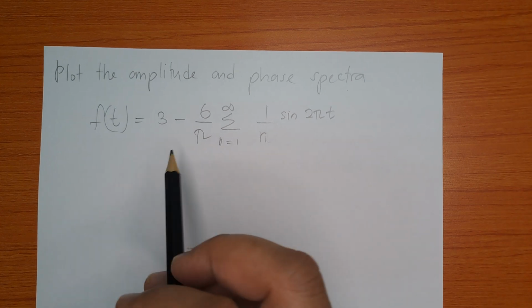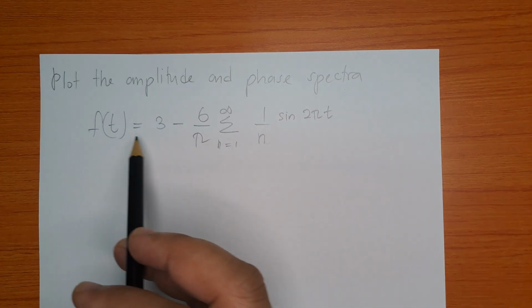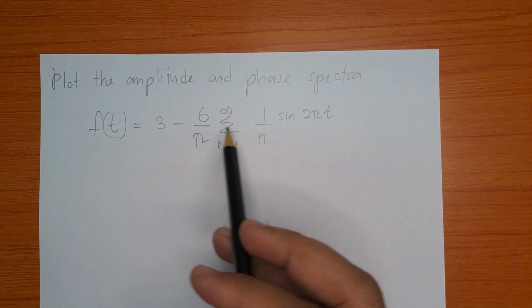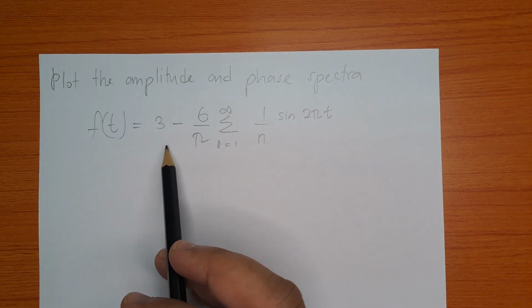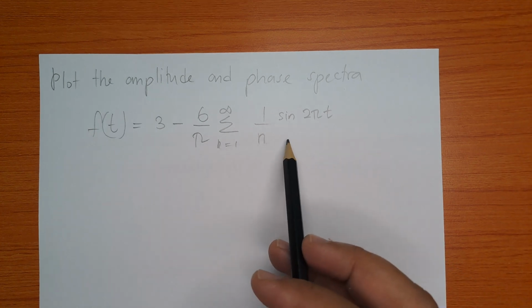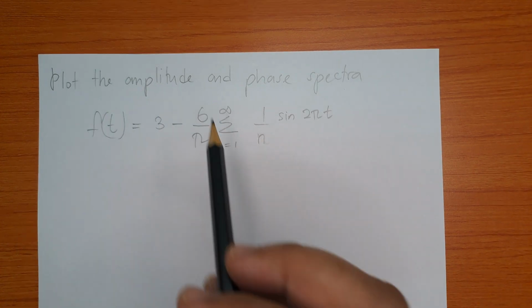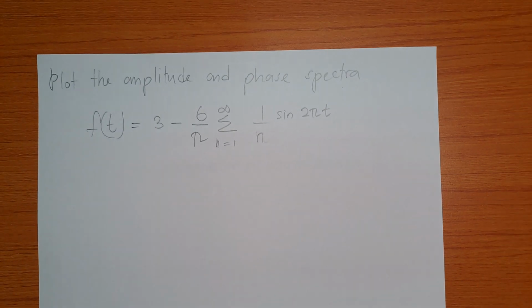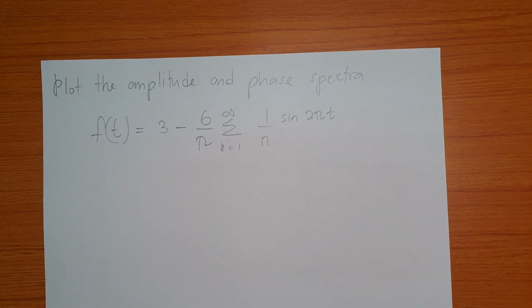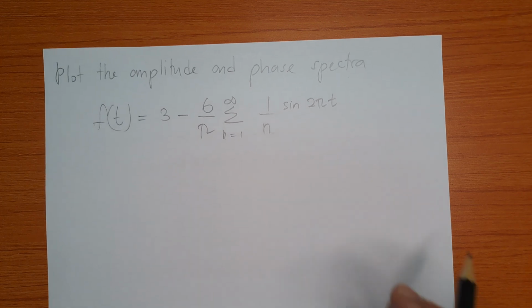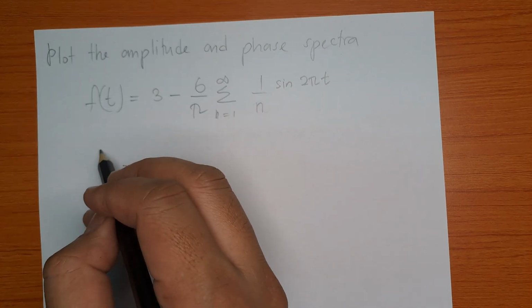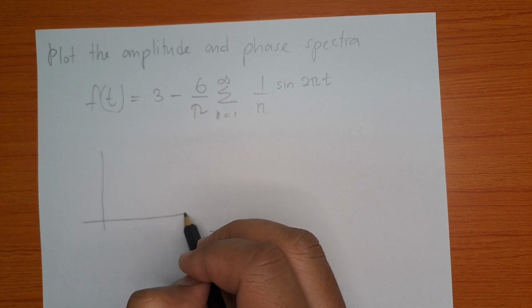So in this video, we will look at another example of Fourier series. This is a different Fourier series. So we have to plot the amplitude and phase spectra as well. Now, again, in order for us to plot the amplitude and phase spectra, typically this is